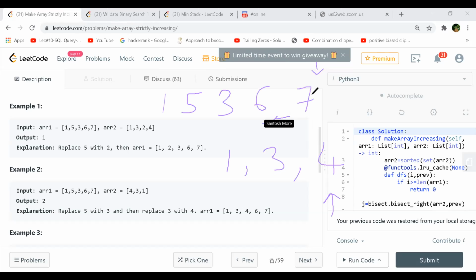So this may be I2 and this is I1, right? So I just move I1 because it is decreasing. But then when I come here, this is also decreasing, correct, in this case. But then when I come here, again this is strictly decreasing. Then when I come to 5, I cannot replace with 4, I cannot replace with 3, I cannot replace with 1 either. So that also won't work, right?